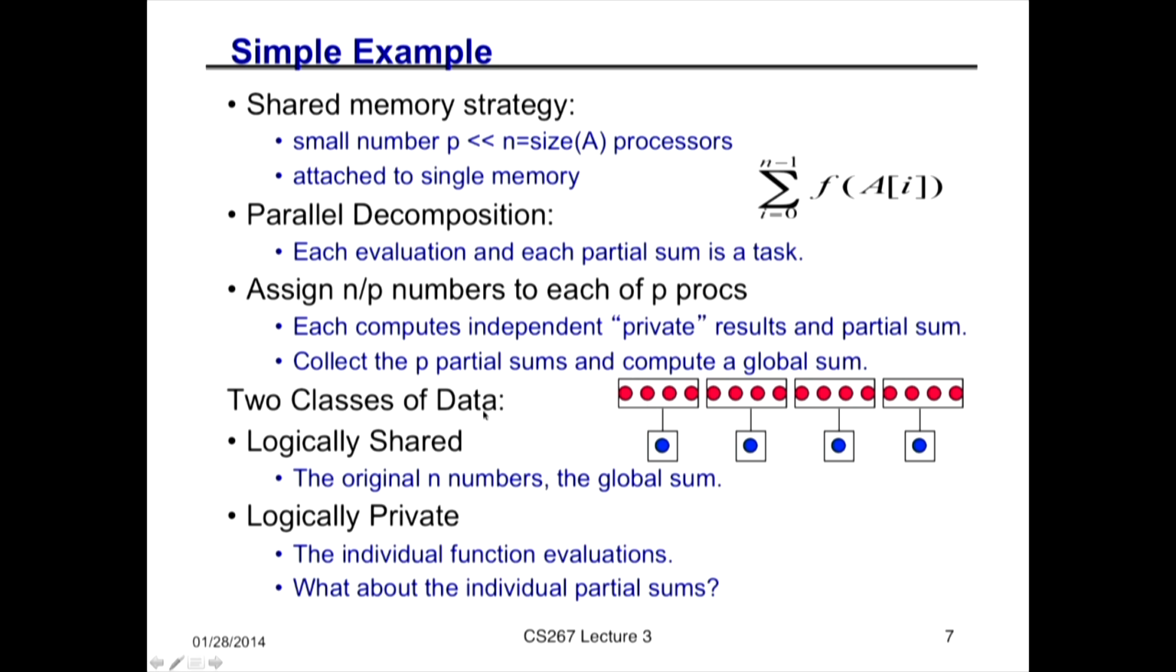And so what's logically shared are the original array of numbers everybody could potentially see, and the global sum, which I haven't computed yet, that's also going to be globally shared. And what's going to be private are all of the function values, so f of a0, f of a1, and so forth, and these partial sums. Well, let's see. Should the partial sums be private or not? Let me try to write some programs to do this, and we'll see that they're buggy,